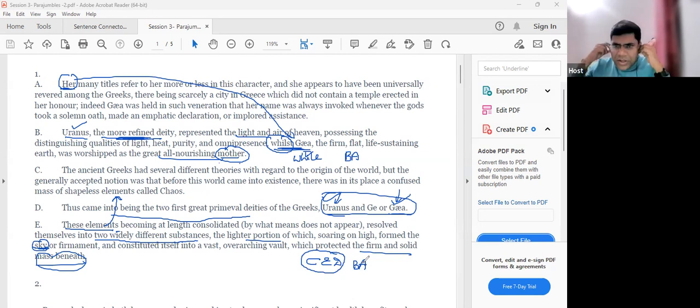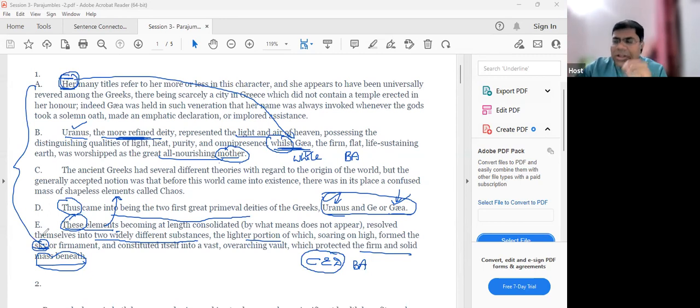But what you learn is that if you analyze this entire question and ask what helped you crack it, there are two things. One, you identified the opening sentence and placed it in the right place. Secondly, you used the pronouns very effectively to connect the sentences. You used this pronoun, correct? You used this pronoun. All these pronouns you used in a very smart way, and by using them, you immediately connected the sentences. Now, this also is a kind of pronoun, because thus means in this way. So this entire question has been cracked simply by using pronouns.